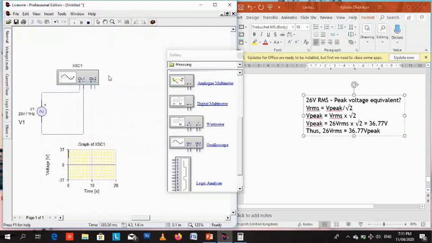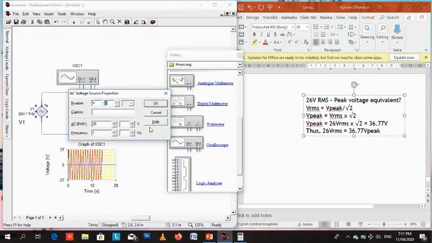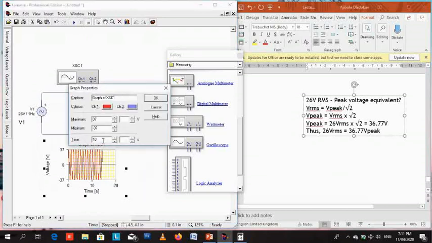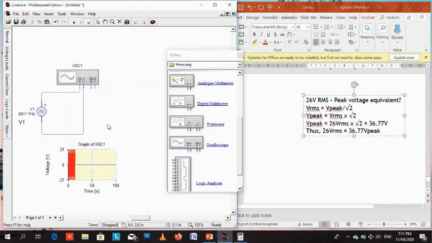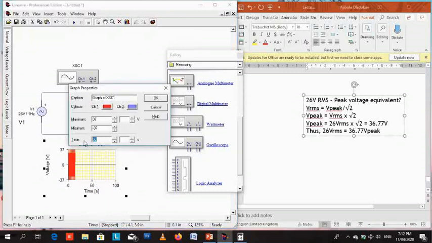Okay. We see that the peak is almost at 37. That shows that the V peak is 36.77 volts. Although the RMS voltage is 26 volts, the AC signal rises above 26 volts and rises all the way to 36.77 volts. Let's increase the time to 50 seconds. Okay, the time is too long. Let's make the time short so we can see the waveform clearly. Make it 1 second